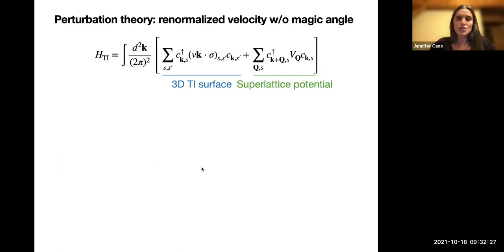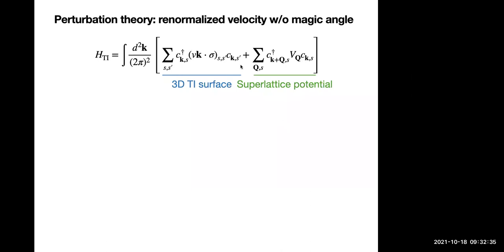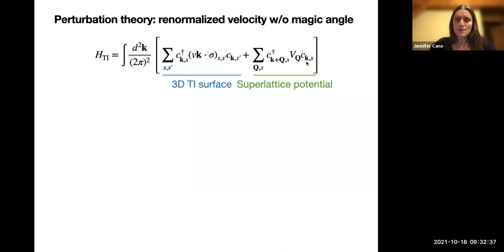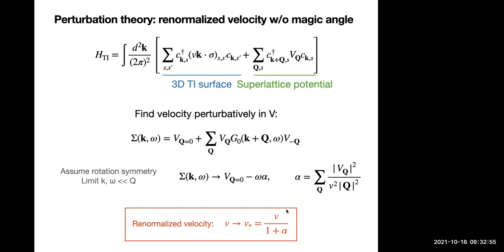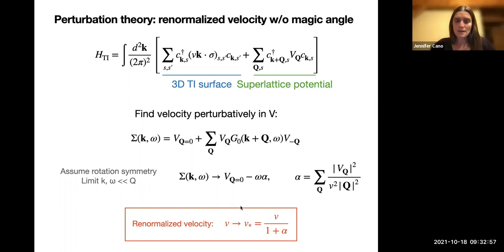So starting with perturbation theory, what are we studying here? Our Hamiltonian consists of a Dirac cone. This is on the surface of the TI. And then there's this superlattice potential. And so the effect of a potential is to couple some point K with some other wave vector K plus Q, where Q is the wave vector of the potential. And so we can carry out perturbation theory, and to leading order in perturbation theory, we find that the velocity of this Dirac cone gets renormalized. So it becomes some V star, which is proportional to V, but it has this proportionality constant, which goes like